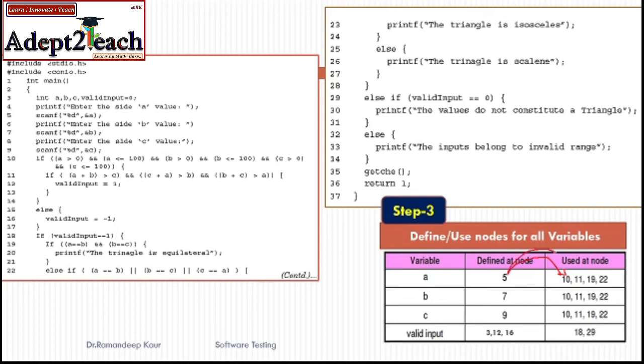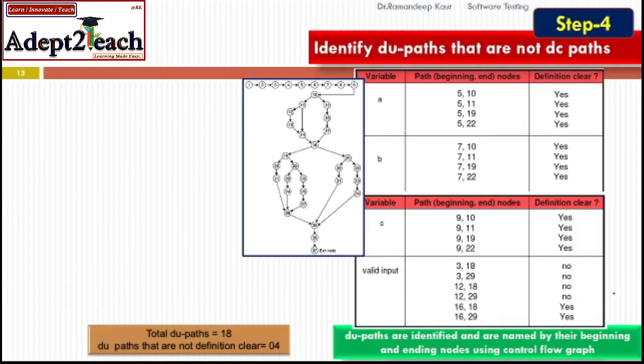Then I will check node number 5 and 11, considering node number 5 as my initial node, and for the first case node number 10 as my final node, then for the second case node number 11 as my final node. Then I will look for paths between node number 5 and 19 and then node number 5 and 22. Likewise I will make them for all the variables. So I have made paths between all the variables.